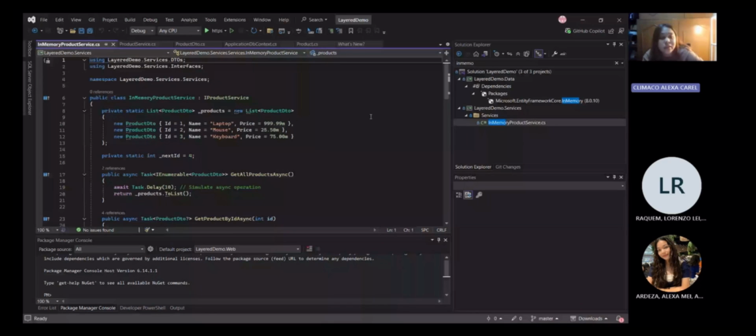Key points for this are DTOs for clean data contracts, interfaces for abstraction and flexibility, and multiple service implementations for testing and adaptability.